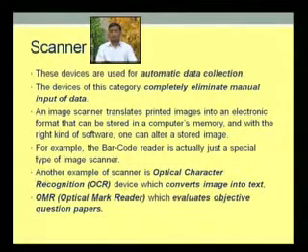Now the next example of scanner is optical character recognition. Earlier we have seen that the image scanner's operation is to convert a photograph into an electronic format, while this optical character reader just converts a particular image into text. Whatever text is written in our image, the optical character recognition device will convert it into text.